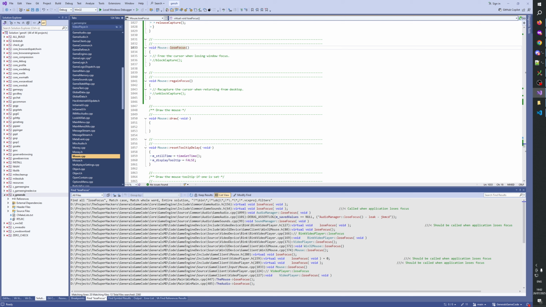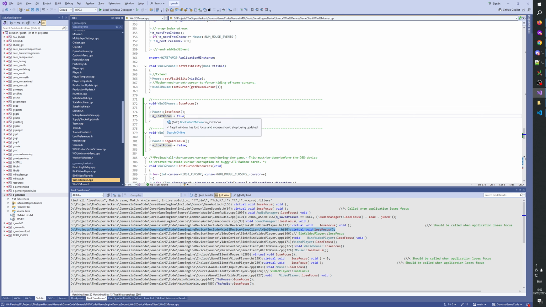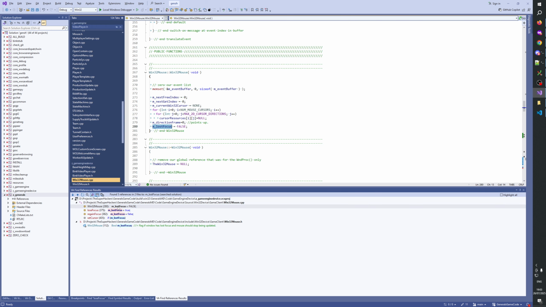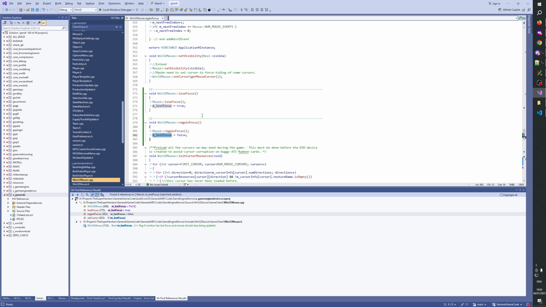So in the mouse, I wonder if we should move this boolean into the mouse class already.